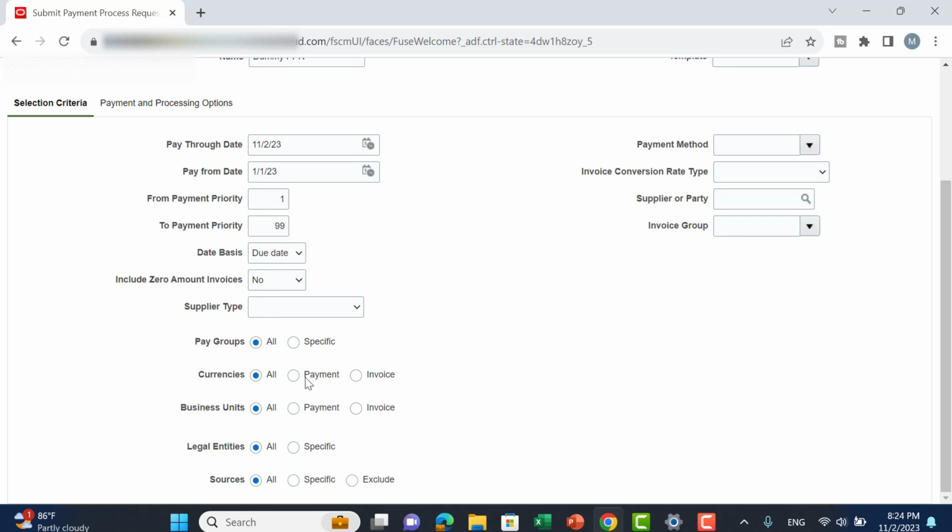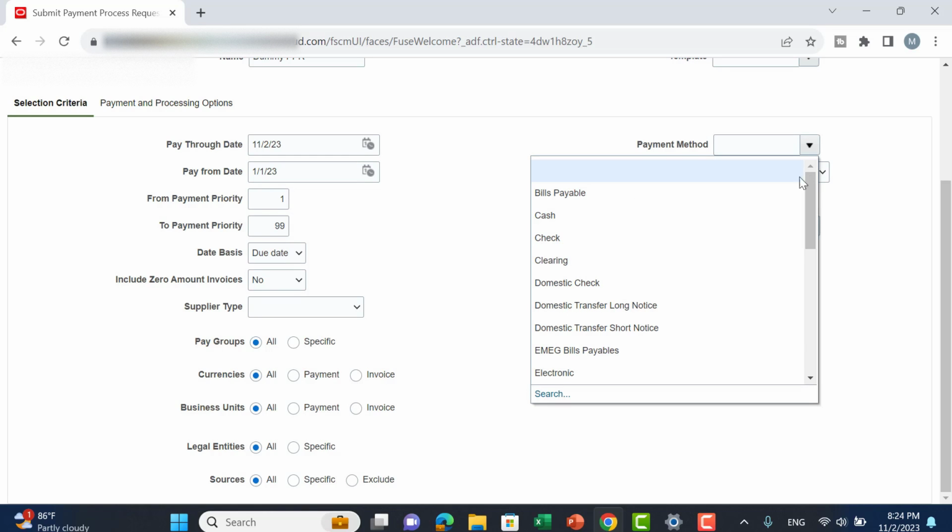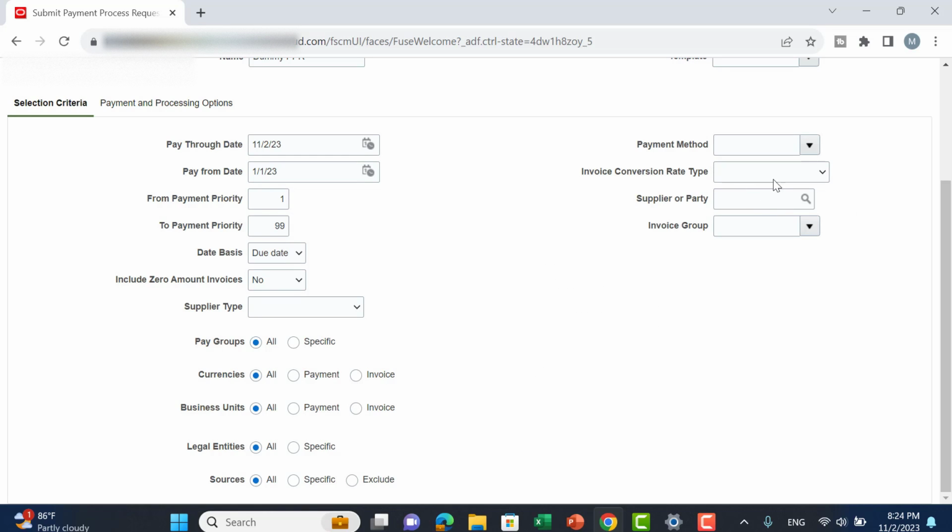I will not choose specific business unit, currency, or pay group. Payment method, I can also keep it all. Here I will keep it null, supplier, and invoice group. So I just select pay through date as today, pay from date from the beginning of the year, date basis due, and all of them as default. Then navigate to the second tab,